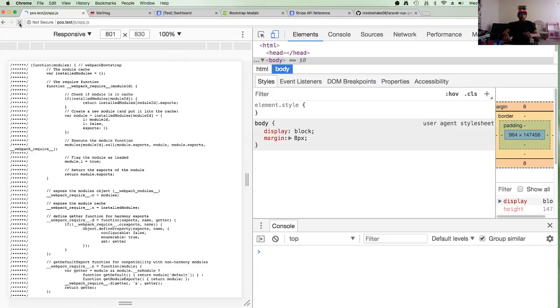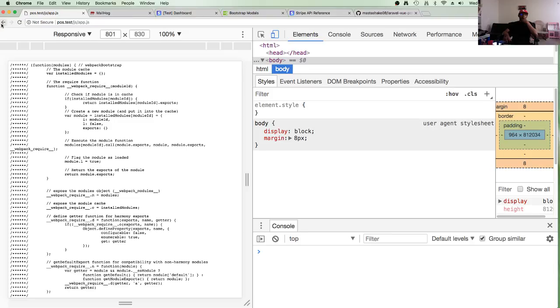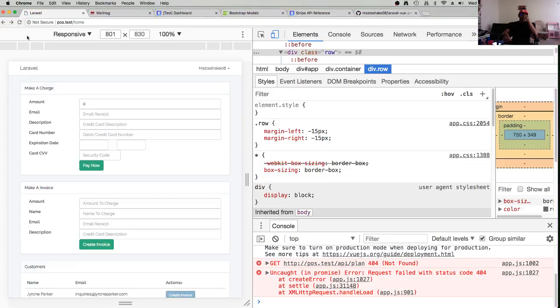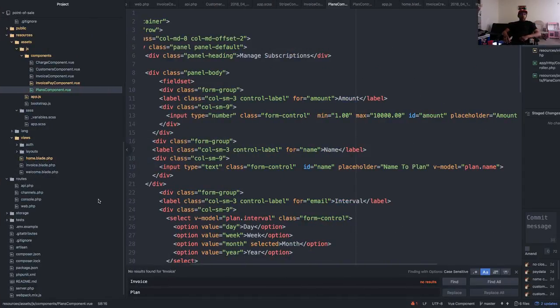All right, let me try to update the app.js file. All right, there you go. And then, of course, I have to add the API plan to the